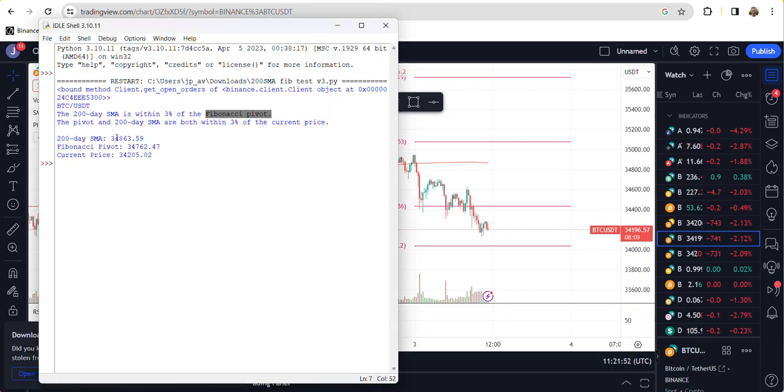And we say the 200-day SMA on the 15-minute chart, that's the value, 34,863. Let's just check that. You can see the price on the right there. I'm not sure exactly where my pointer is, but yeah, that's correct. That's matched up. Fibonacci pivot is there.